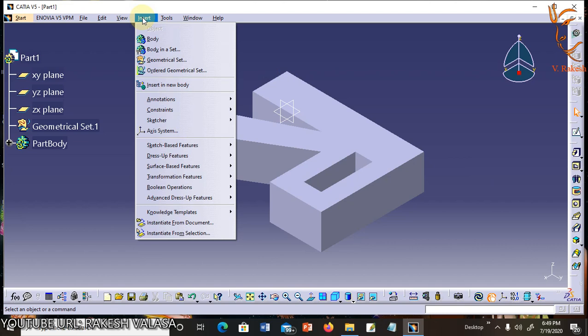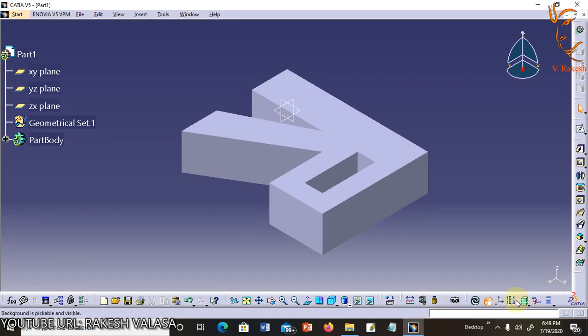The other tools are alternative tools to ones found in the bottom toolbar, such as Axis System, Knowledge Templates and the other options. Now let us briefly discuss each and every tool in the insert menu.